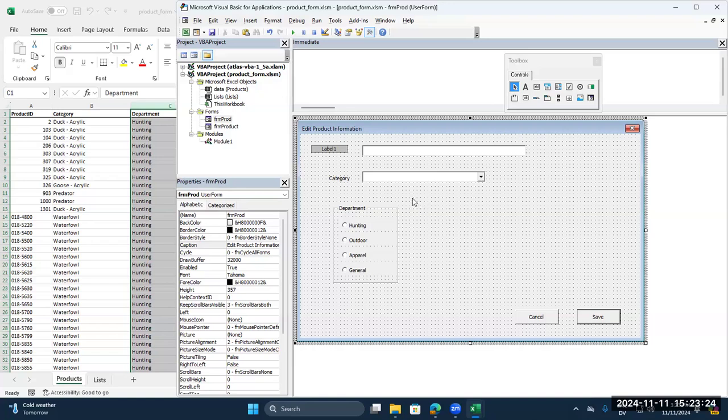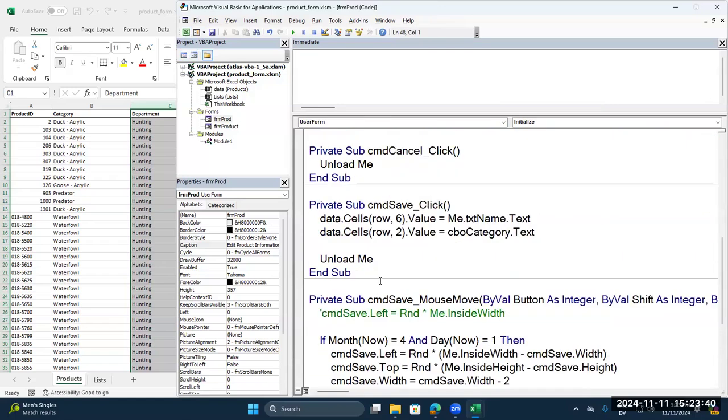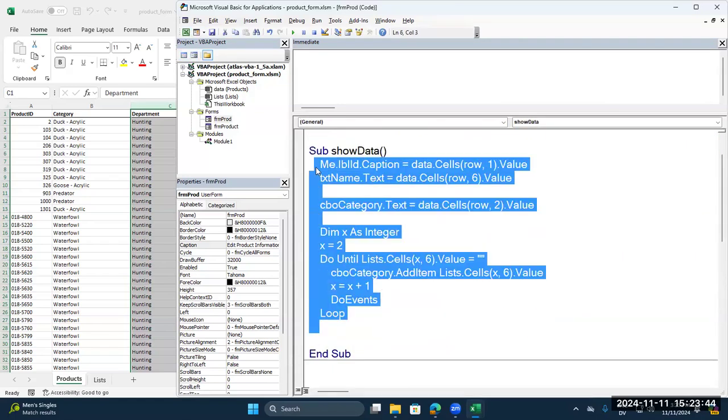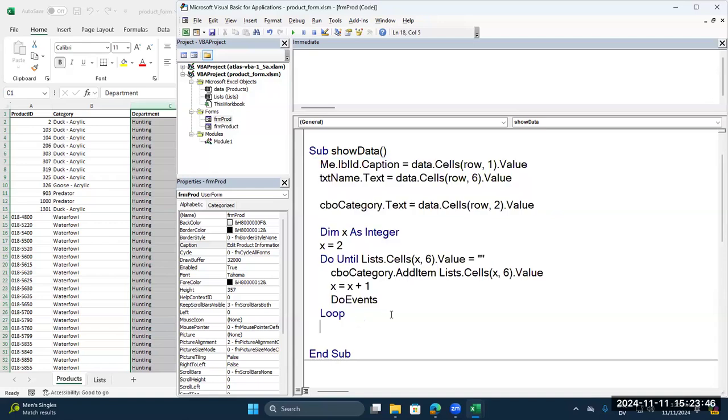Okay, so now we have the form built out. What we need to do is add our data from the spreadsheet to the form and then save it back to the spreadsheet. So what we can do is we'll go back into the code, and under our show data, this is our sub that we're pulling from the spreadsheet into the form. Let's create a select case option. Select case